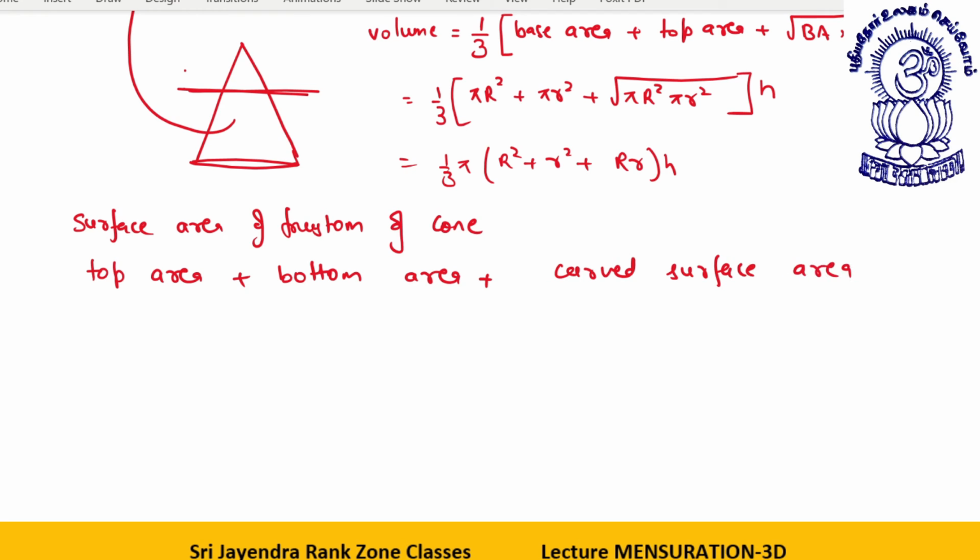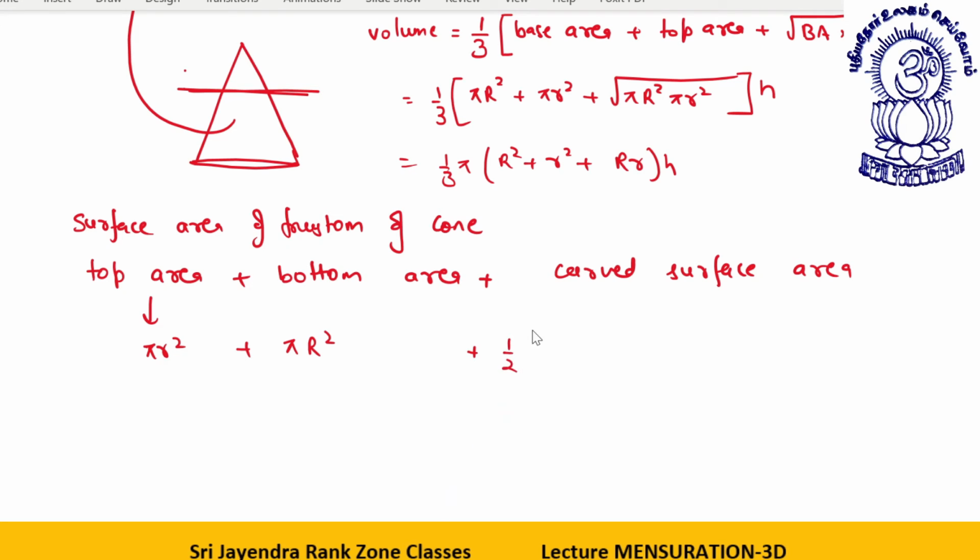How do you find the curved surface area? See, top area will be pi r square, bottom area will be capital R square into pi. The last thing which comes is the curved surface area. For any figure that is